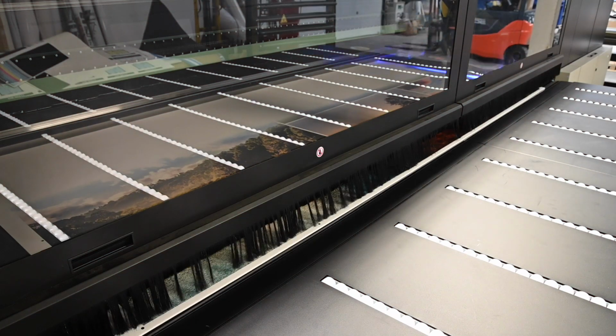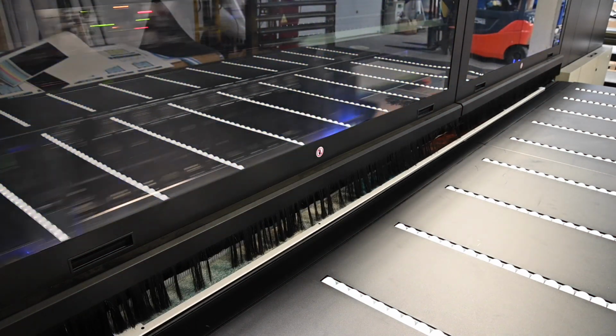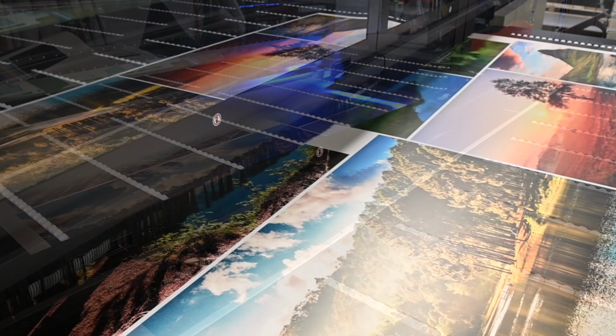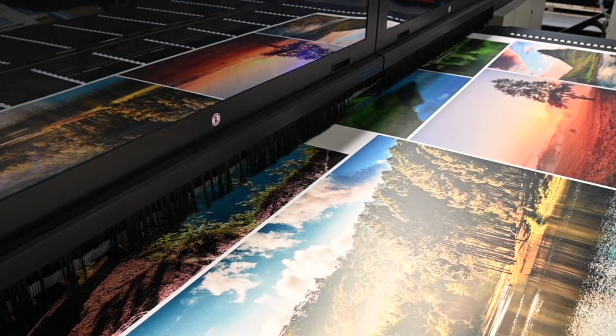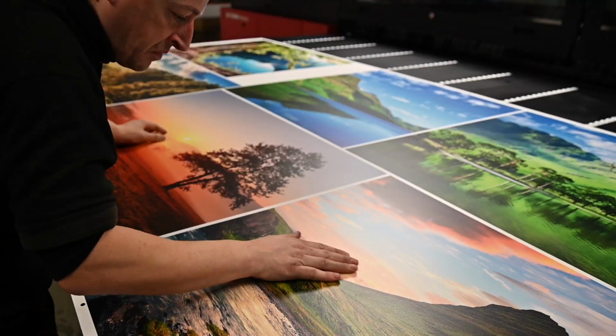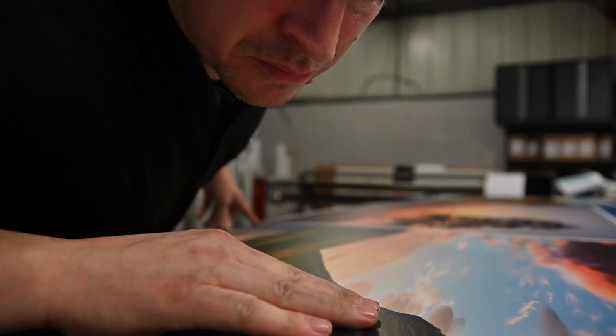From your point of view, what was your experience and their experience in dealing with Agfa? Having worked with countless engineers over the years, we have nothing but good words to say about working with Agfa. As we know, with any type of installation, there can be speed bumps along the way, but everything was